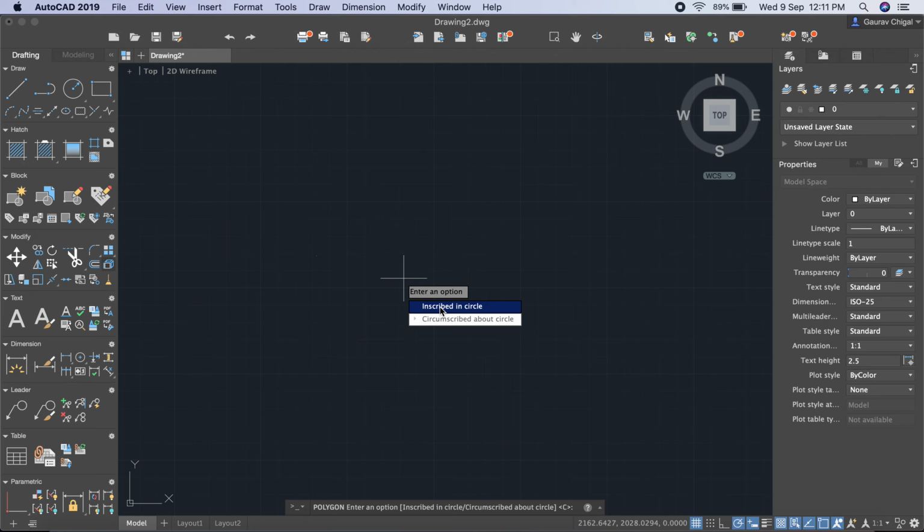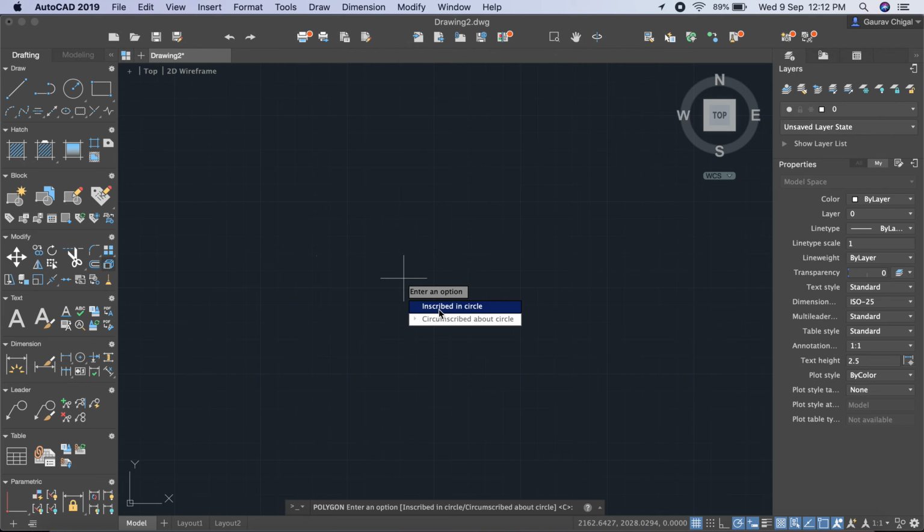In case of circumscribed, the polygon is made outside the circular limit. If I want it inscribed, I type I and then enter. If you want it circumscribed, type C on your keyboard and press enter.